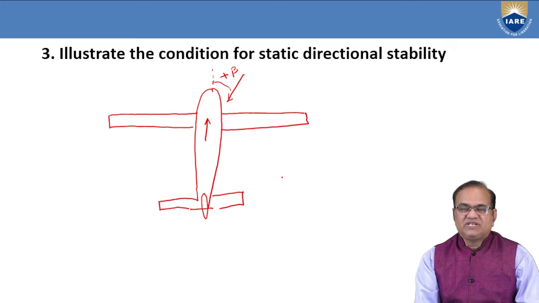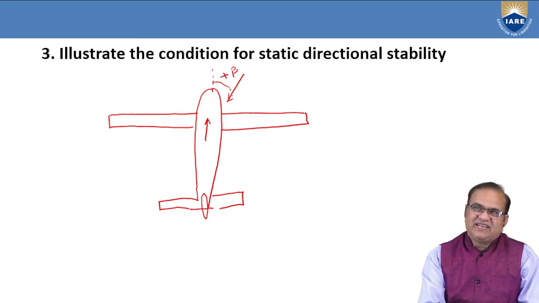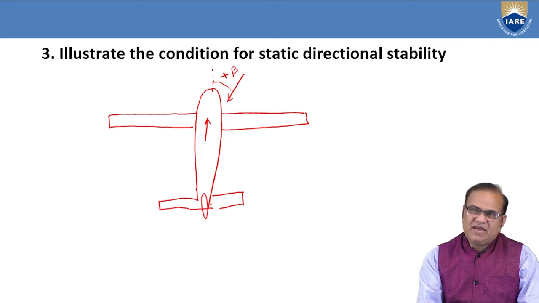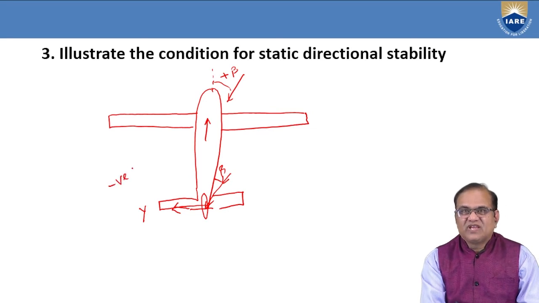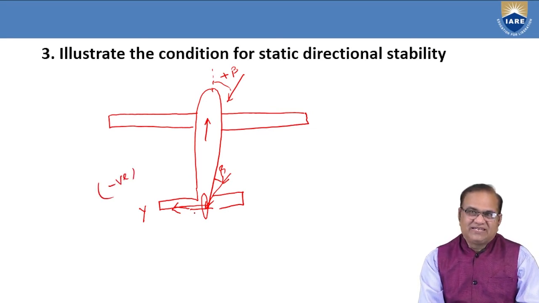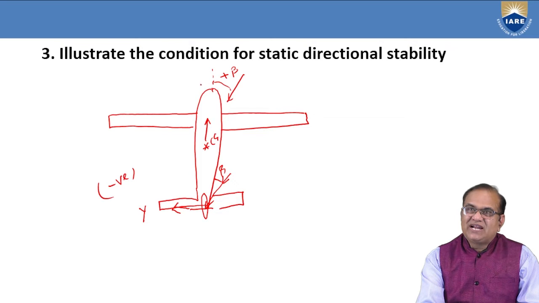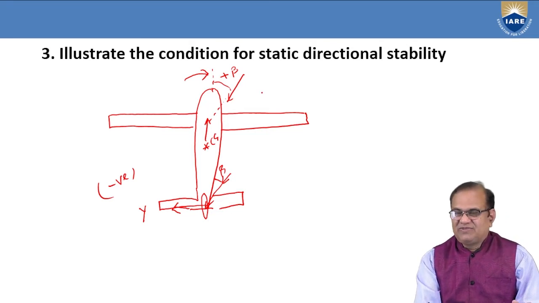That is my question. And this you can see that if this wind is coming, same beta will also act here. This is the beta. This is the wind direction. So the force, a y force, will act in this direction. This y, for the positive beta, the y is negative. Force is negative, means in the opposite left side. Here is the CG. This is the CG location. So this force will try to move the aircraft nose in this direction and try to equalize this beta, and aircraft will be directional static stable.